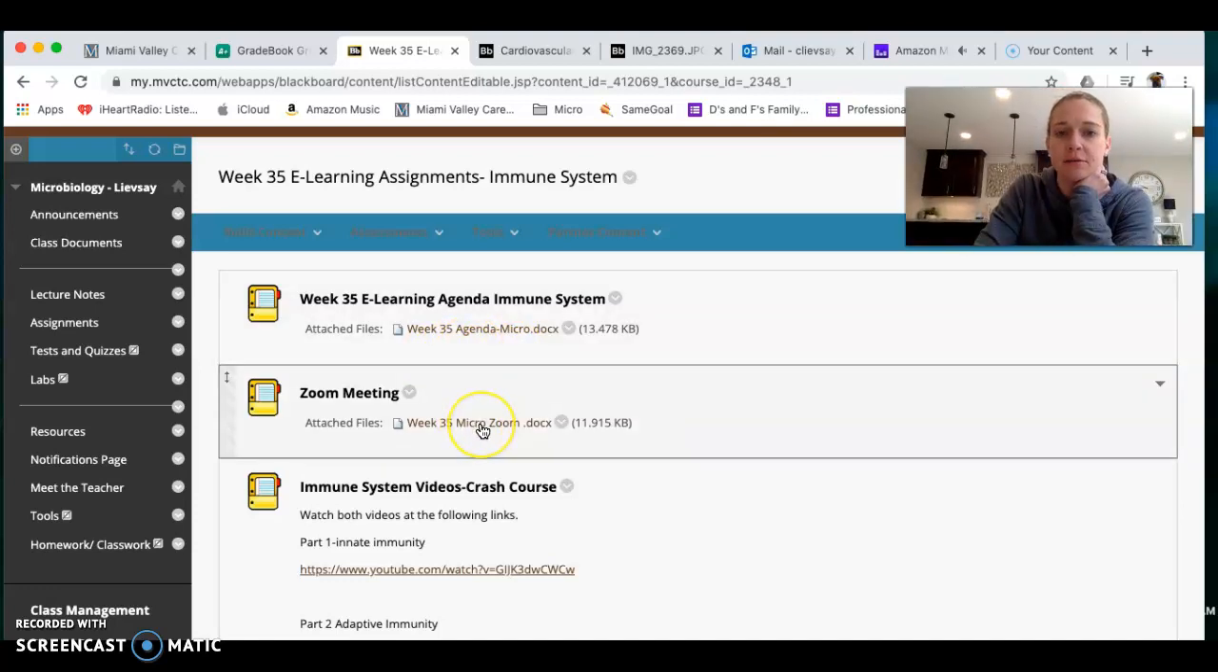And then here is our Zoom meeting. I'm going to hold a Zoom meeting this week because I didn't last week. So if you have any questions about anything that we're doing, whether it be this week's assignments or the previous weeks, you can get on and just let me know what questions you have, and I'll do my best to